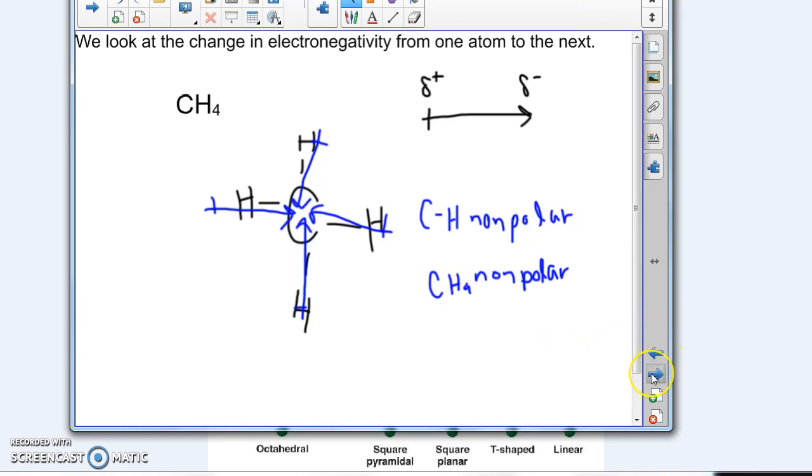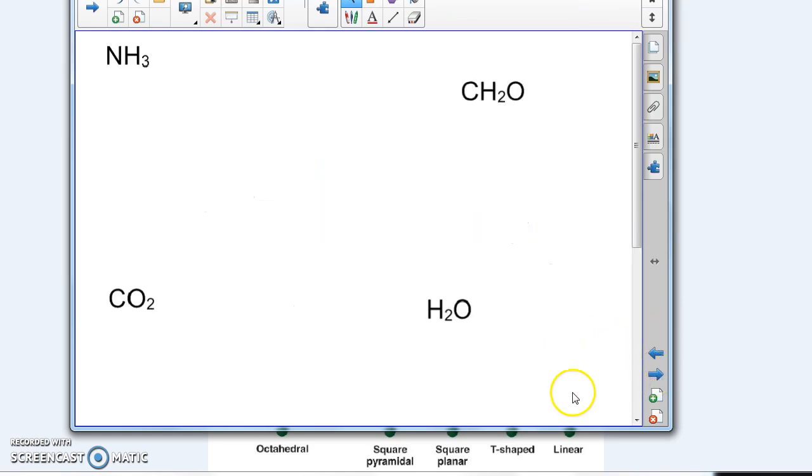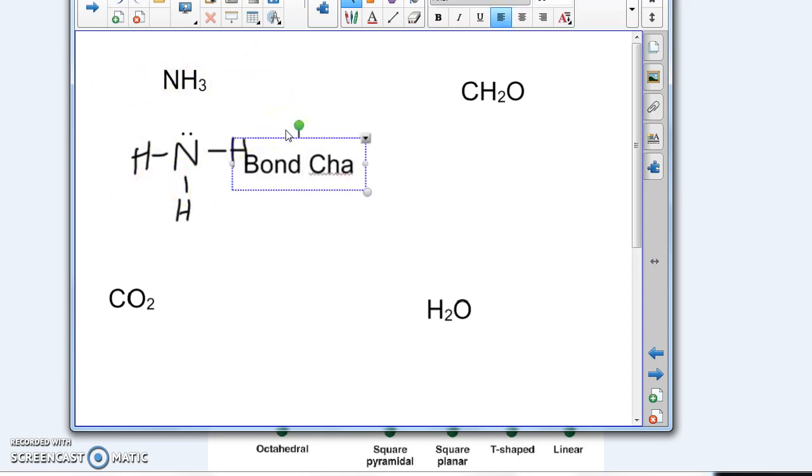Alright, let's try this a couple more times. Now let's look at this molecule NH3. Let me draw the Lewis structure quick. Alright, here's our NH3 molecule. Once again, we're going to look at the bonds between nitrogen and hydrogen like we did for carbon-hydrogen to find the bond character, and then we're also going to look at the polarity of the overall molecule. So let's say bond character